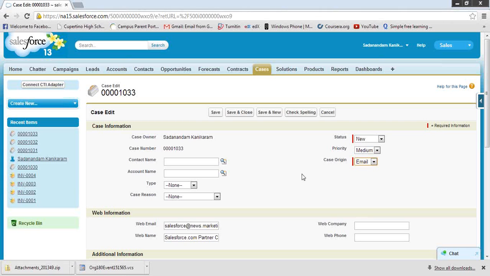Yes, Abhijit, we will look at that. Depending on the case, if it is manually created, then the person creating it will assign it if he knows whom to assign it to. But the assignment you are referring to applies when somebody sends an email or reports a problem on the company's website. At that time, when it creates a case, it will be routed to a queue, and the members of the queue will take ownership. We will look at that as we go forward in our course.